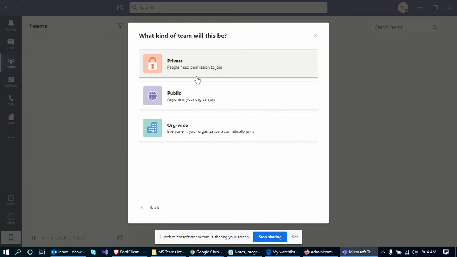Here we have three options wherein we can create a public team, a private team, or an org-wide team, which means a team specific to an organization.